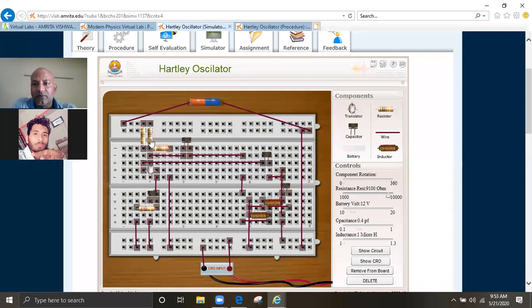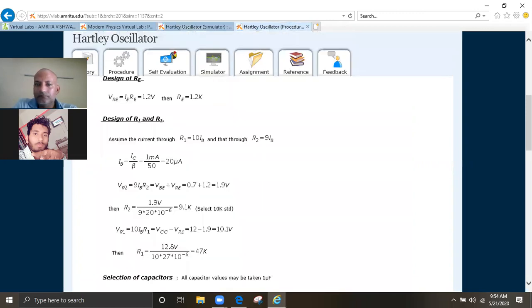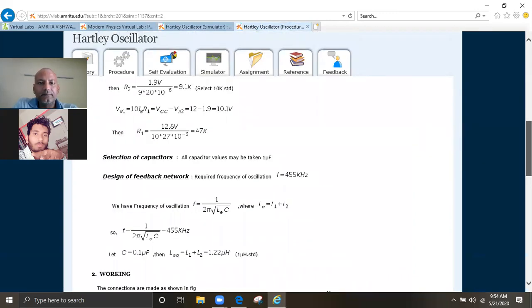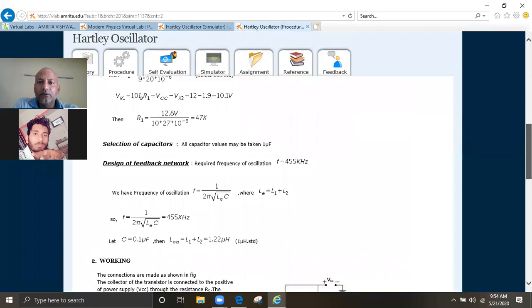And the value of R1 you can also check, 47 kilo ohm here. Also the capacitances are all 1 microfarad.